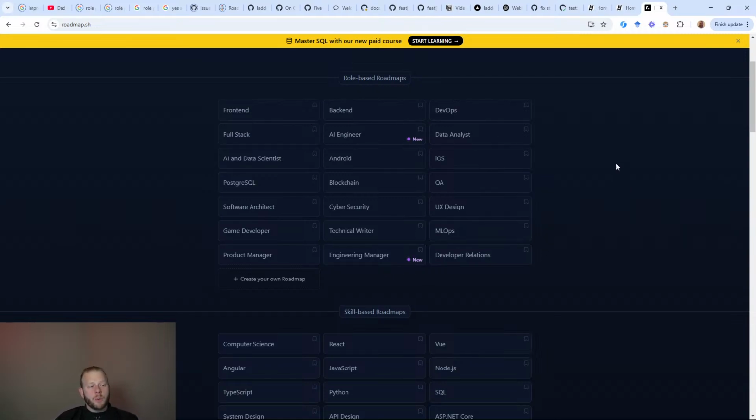It doesn't solve the question like, where should I start? It's a roadmap, but it doesn't have a starting point. Like, should you start with data analyst? Should you start with DevOps? These are not all good starting points. So laterally gives you a unified starting point. So I think that's a really, really big reason that laterally is better.